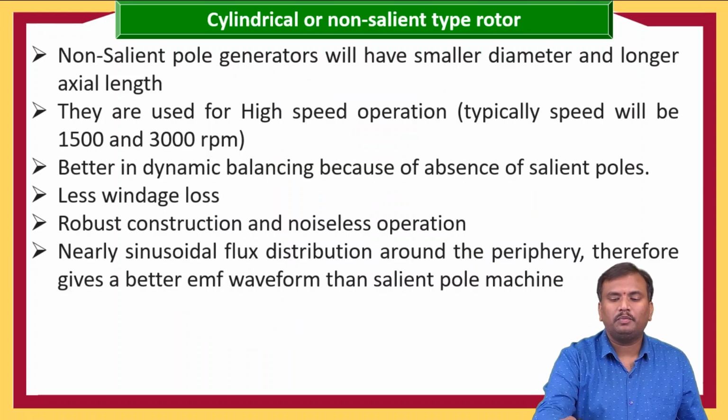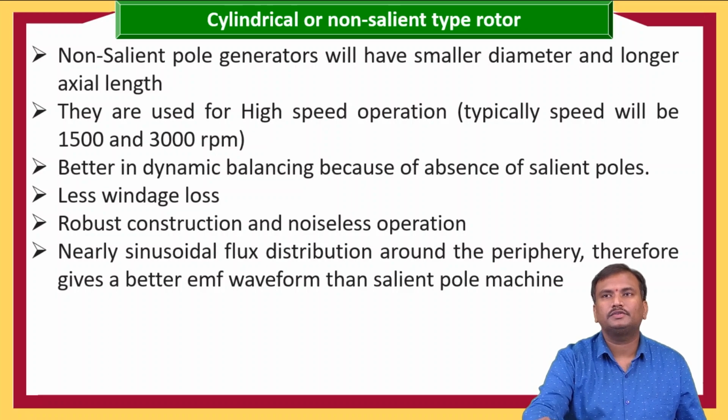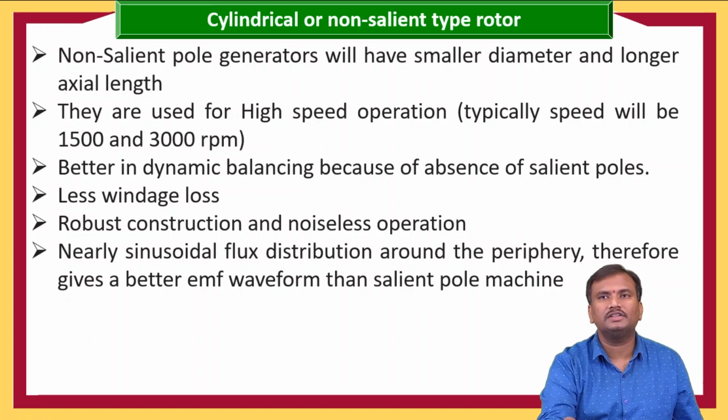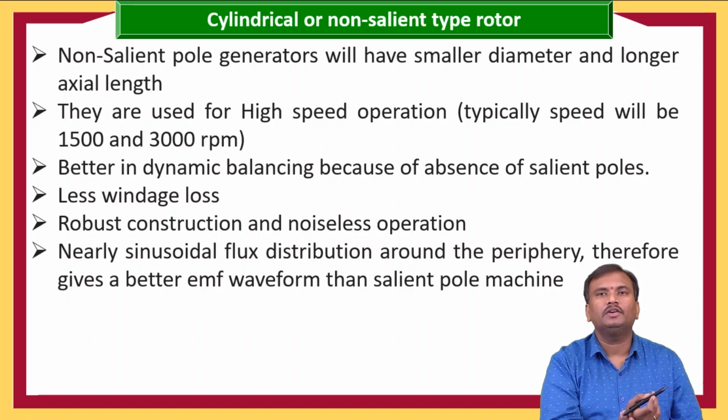A non-salient pole generator will have smaller diameter and longer axial length. They are used for high speed operations. Typically speed will be 1500 to 3000 rpm, where we are using in the thermal power plants. And it is better in